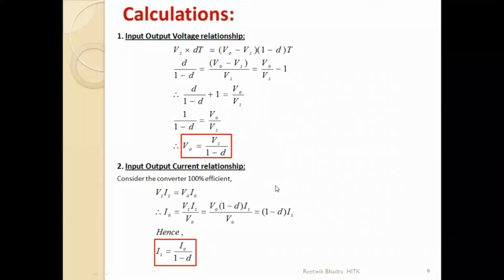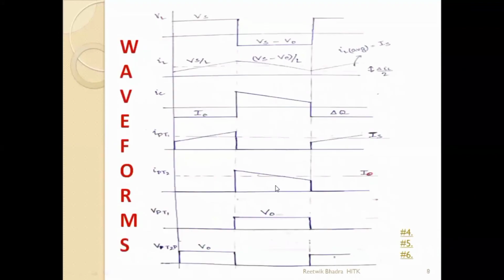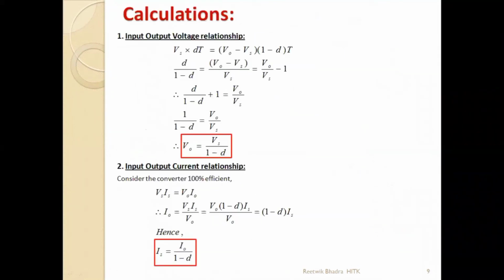So first one is the input output voltage relationship. I told you in an inductor we have to apply volt second balance. So the area of this is equal; this side part will cancel out this side part. What is the area over here? This part is T on, so Vs into dt. What is the area over here? I'll take the magnitude, so V naught minus Vs into 1 minus dt. Both should be made equal: Vs into dt equals V naught minus Vs into 1 minus dt.